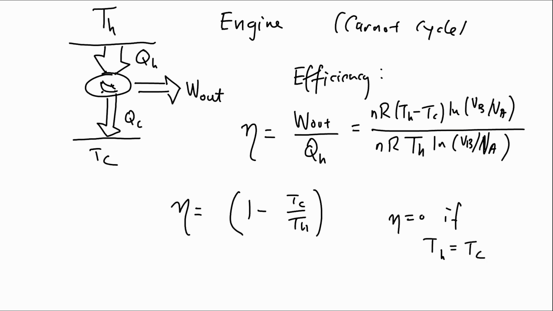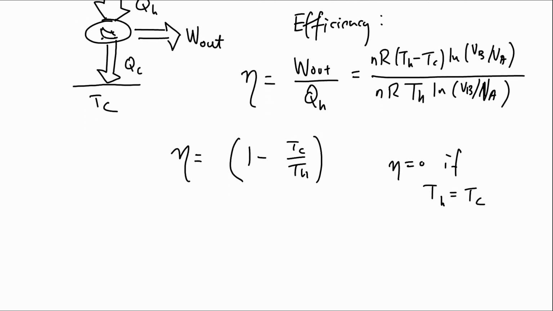Right? You can't get something for nothing, and you need to have a gradient of temperature to get anything out of it. And if you have a gradient of temperature, then you can get something out. And the bigger that gradient is, the more you can get out. And you see this everywhere. If you have,